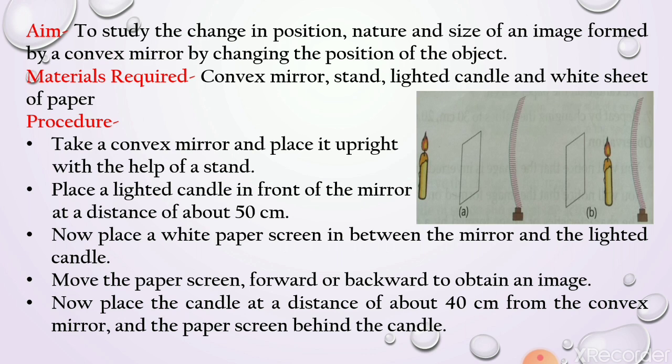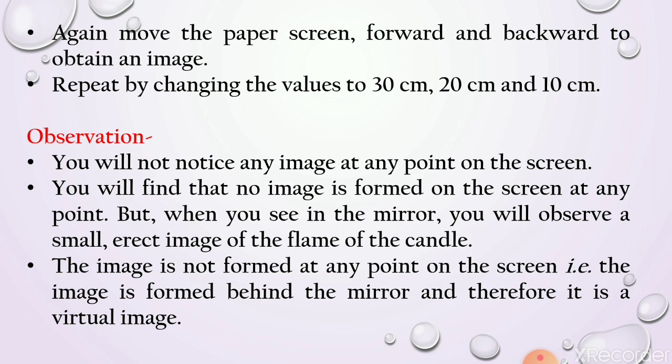So first of all it was at 50 centimeter, now we will change it to 40 centimeter. Okay, and the paper screen will be behind the candle. Now again we will move the paper screen backward and forward and try to get the image, and again we will repeat this process by changing the distance between the lighted candle and the mirror to 30 centimeter, 20 centimeter